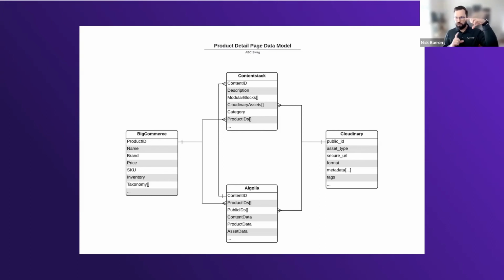So now I have one block of JSON that has references to all of the things that I need to know about. I can send that information over to Algolia, and Algolia can index the content and the marketing information that's here. Then we go grab what we need from BigCommerce and combine all of that using an automation or something. And likewise with Cloudinary: if there's a video, let's pull in the text for the video, so we can index that and add it to the search relevance.